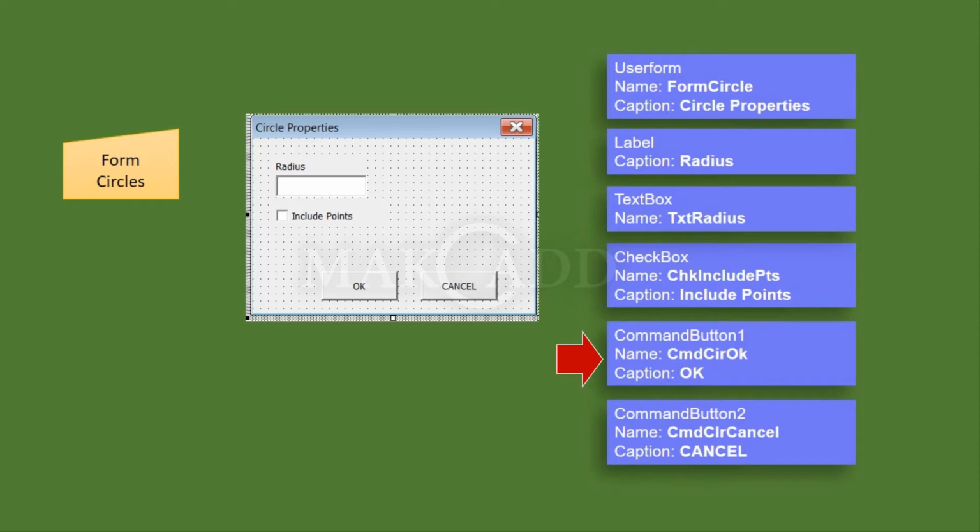The command buttons 1 and 2 are renamed to cmd set OK and cmd set cancel, with captions OK and cancel respectively. Now the user form is ready.